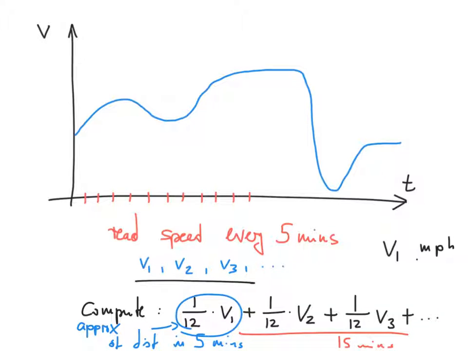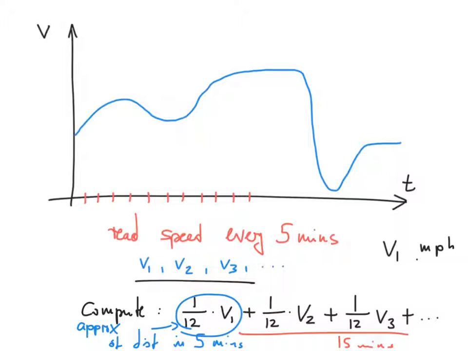So we make a little bit of an error, because we assume that v1 is the approximation for the speed driven during the first 5 minutes, but during the first 5 minutes the speed still varies. So if you wanted to get very close to the actual distance driven, you would